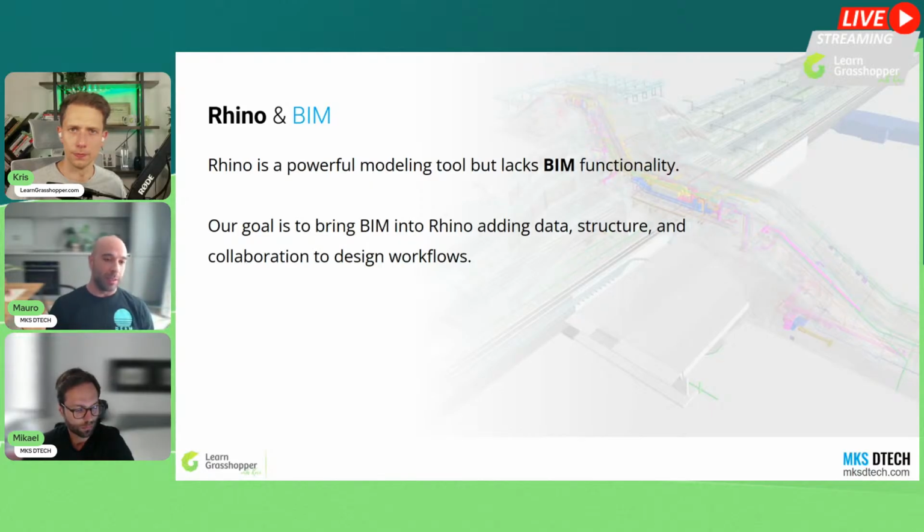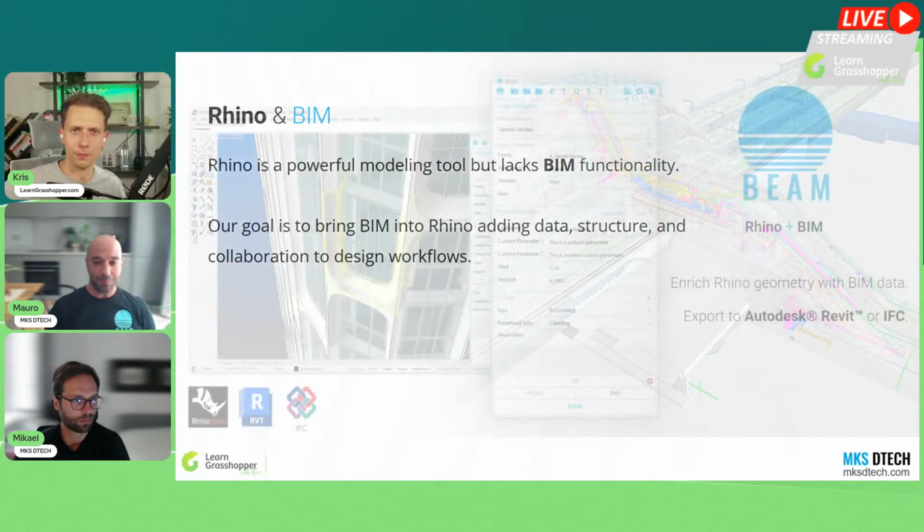One is to include the IFC workflow, so being able to speak with your consultants regardless of the discipline: architecture, importing MEP models, working with the structure, and so on. Another part of the collaboration is Rhino Sync, which we are going to show in a few slides, and hopefully it's really exciting for you as well.